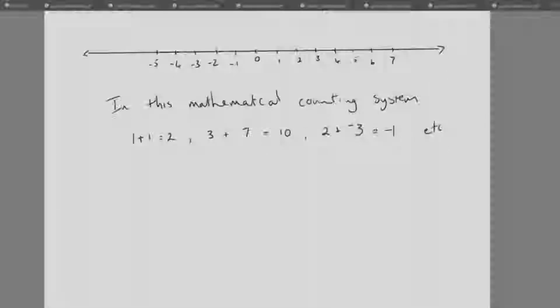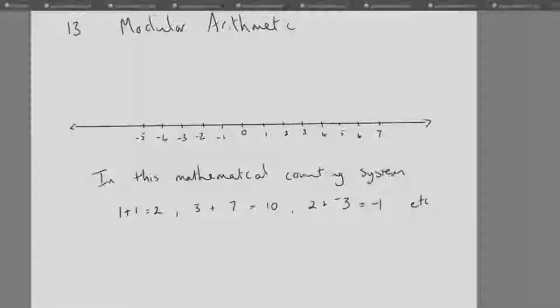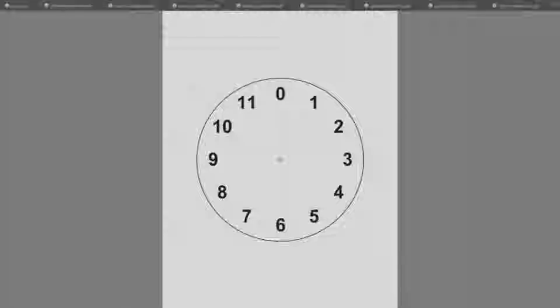But these calculations, these mathematical statements, are only true in this system. In another system, 1 plus 1 might not be equal to 2. You're working in a specific system. You're counting along this infinite straight number line. But when you look around you, you could see, for example, the